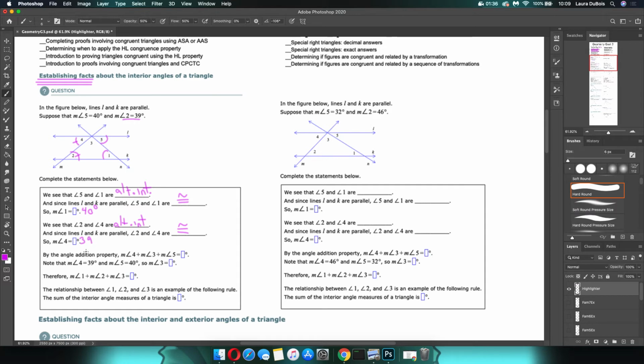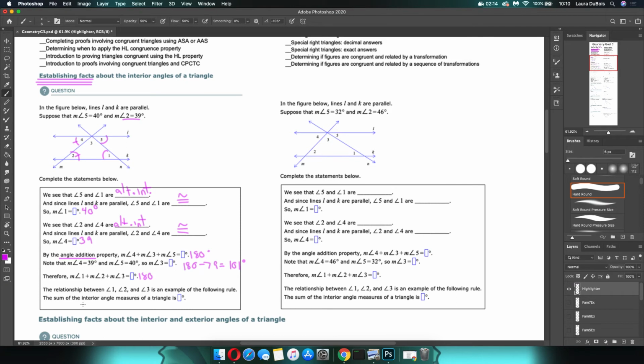And now we're getting ourselves used to this. By angle addition property, you remember that from goal 1, we know that the measures of angles 3, 4, and 5 all add up to, what's the measure of a straight angle? 180 degrees. That's one of our favorite numbers in geometry. So if we have 49 and 40, the measure of angle 3 is going to be 180 minus those angles. So 180 minus 89, which is 91 degrees. And therefore, the measure of angle 1, 2, and 3 is also going to be